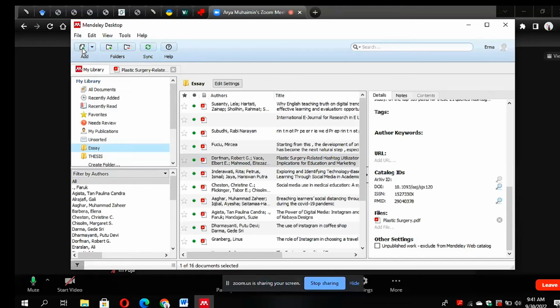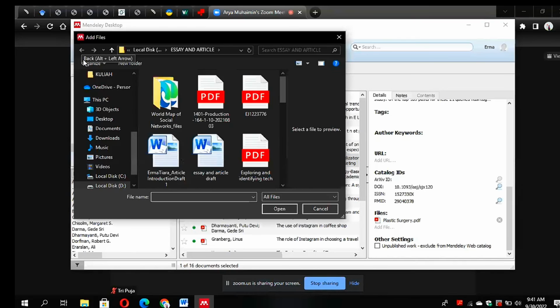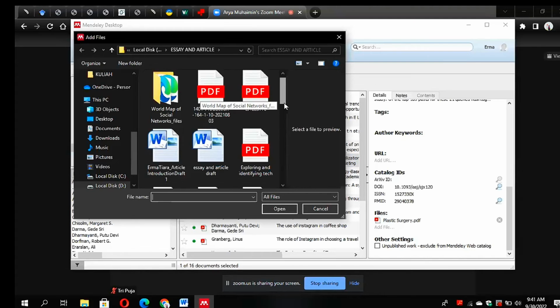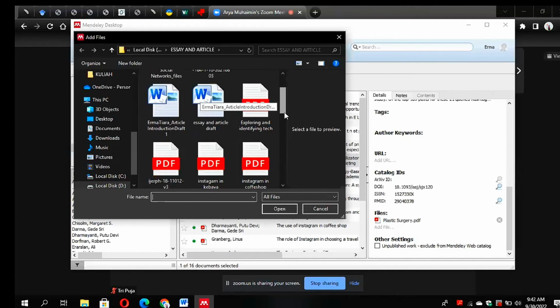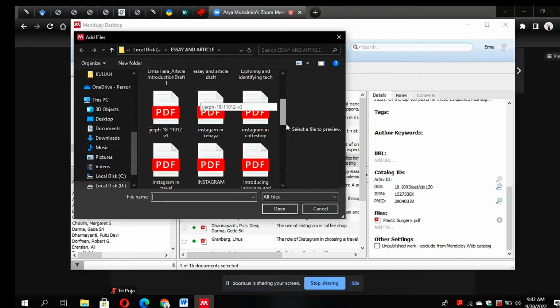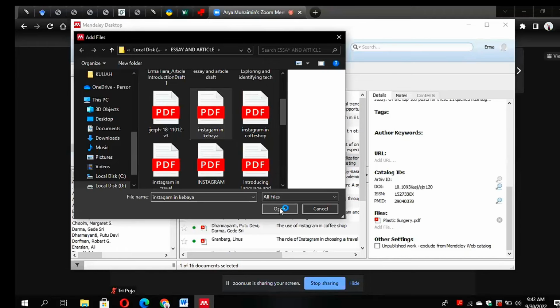Oke, di sini ada add. Kemudian pilih mana PDF yang akan dipakai atau yang dibutuhin citationnya. Di sini misalkan Instagram Bayar. Kita bisa add satu-satu atau bisa add satu folder.